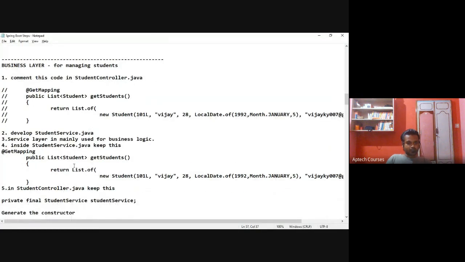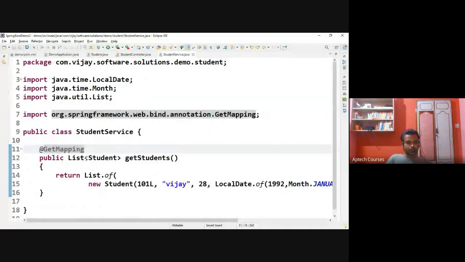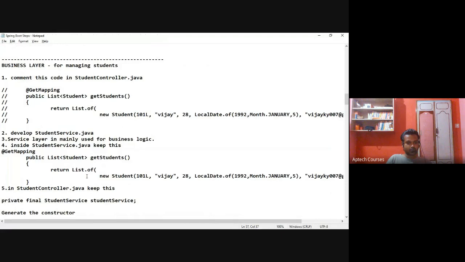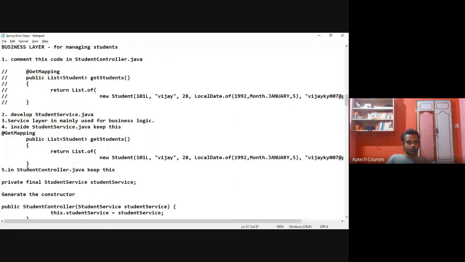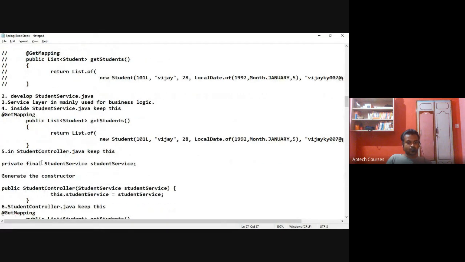Then I'm keeping this list of students while returning. I'm returning one student object. Then in the StudentController.java, what I'm going to do here,